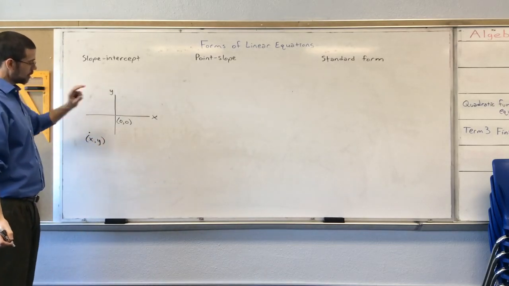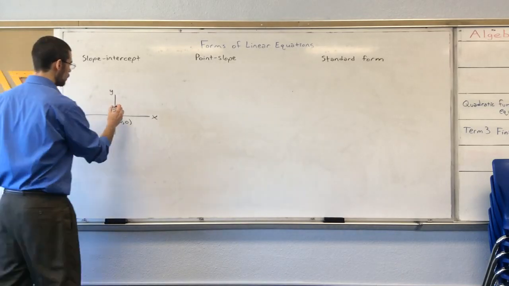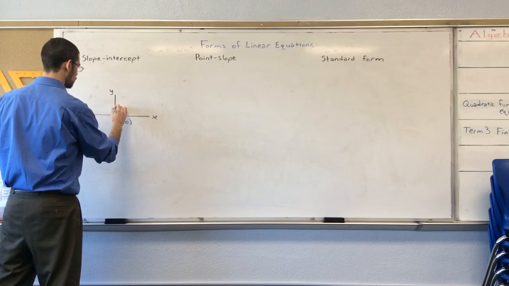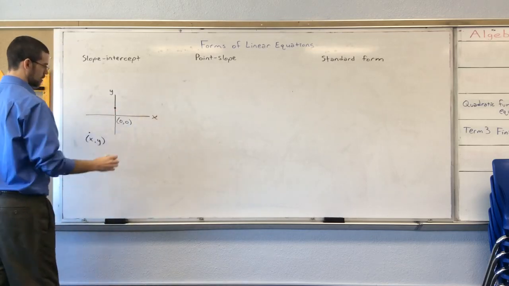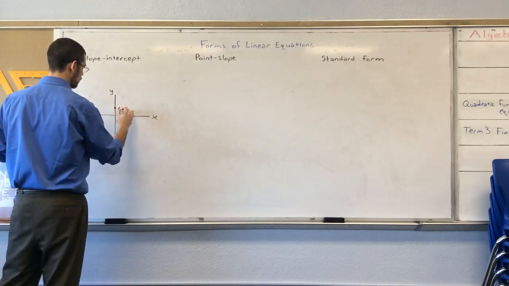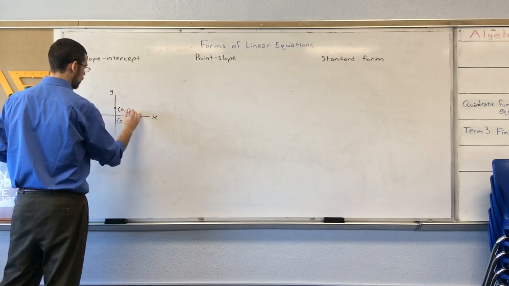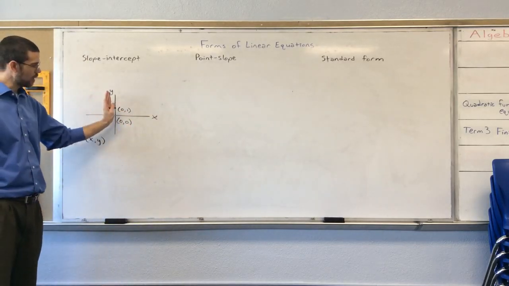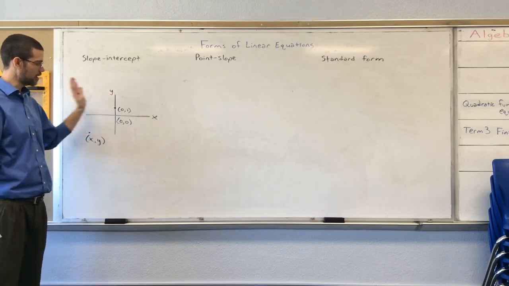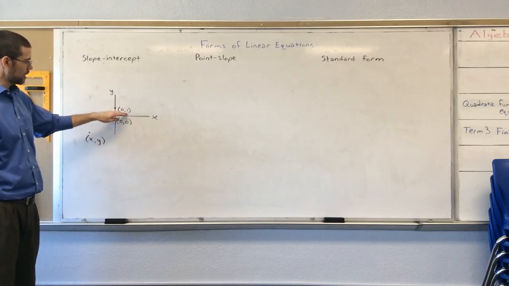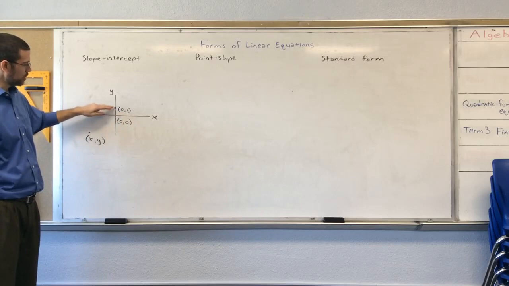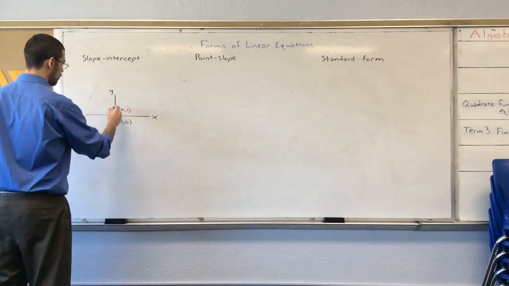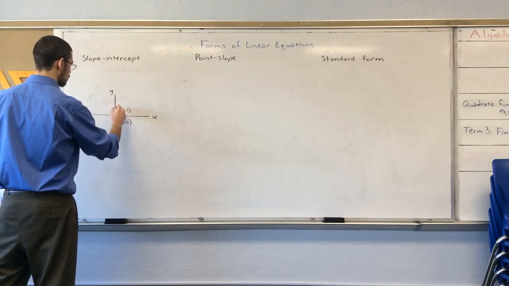Now, if we had a line, and we knew that our line went through this point on the y-axis, and that point was 0, 1. Its x-coordinate is 0 because it's on the y-axis. It's not positive, it's not negative. And we're saying that it is 1 unit up from the x-axis. Okay? And we go through that point at a slope of,